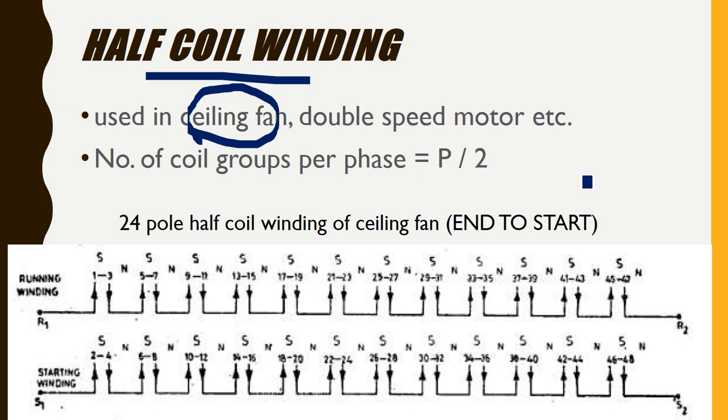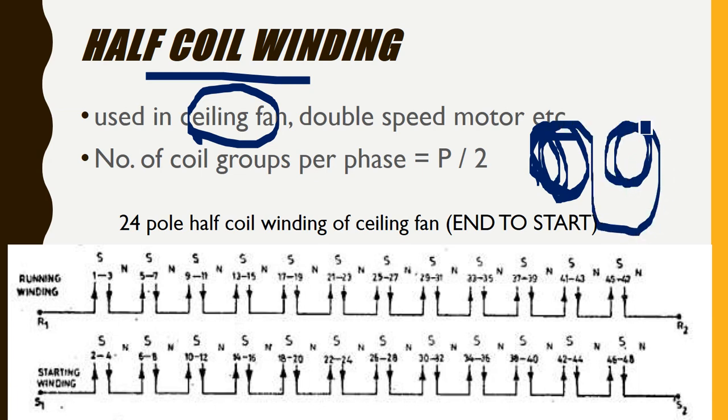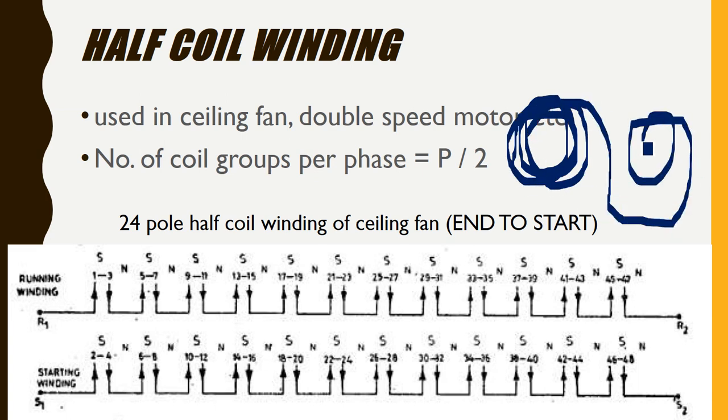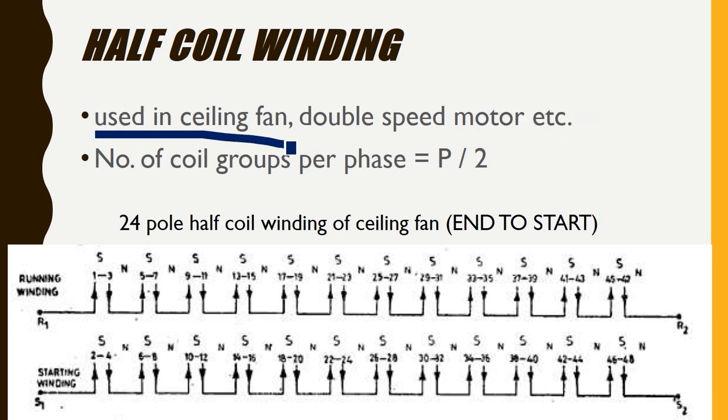This is the method for half coil winding, and this is widely used for ceiling fans. In small shops, if you have seen, the people will be winding in one direction continuously for one pole, and then they will be continuing in the opposite direction for the next pole. How do they do it in ceiling fan winding shops? A single coil they will do in one direction, and then they will do the next in the opposite direction, and then they will come back to the first direction again. So this is the way half coil windings are generally wound in practical conditions.